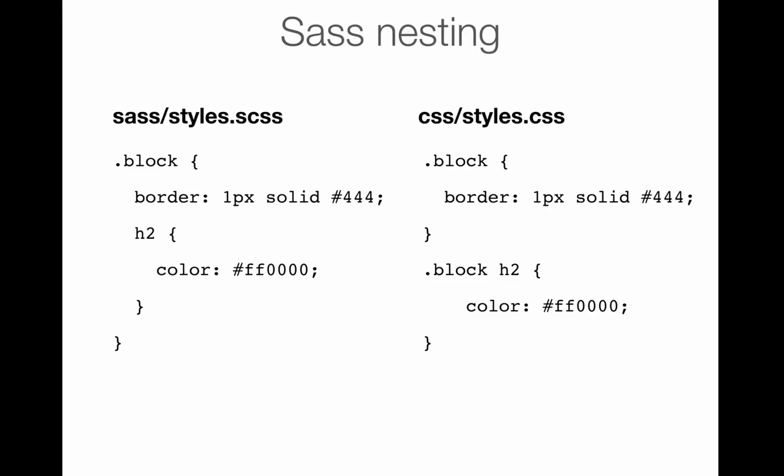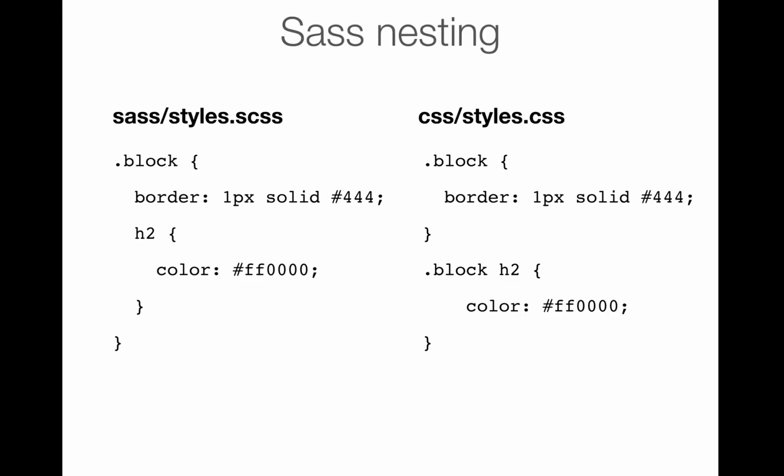And it also is going to cut down on how many selectors you have to keep track of, because you might have a heading inside of your block, but you might also have a list that you can include right underneath. And then you don't have to repeat the selector again and again. So you have the actual nesting